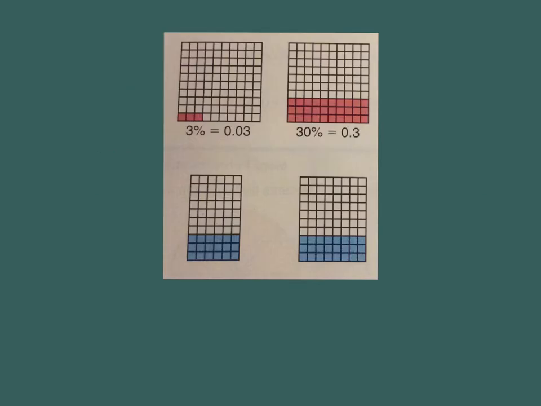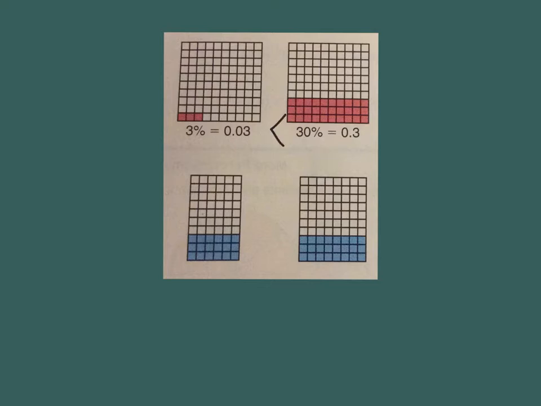Here we have different grids representing different percentages. If we were asked what is greater, 3% of 100 or 30% of 100, what would you say? Well, this picture shows 3% of 100. This is what 3% would look like, and here's what 30% would look like. We also have them in decimal form like this. So it shows that 30% of 100 is greater than